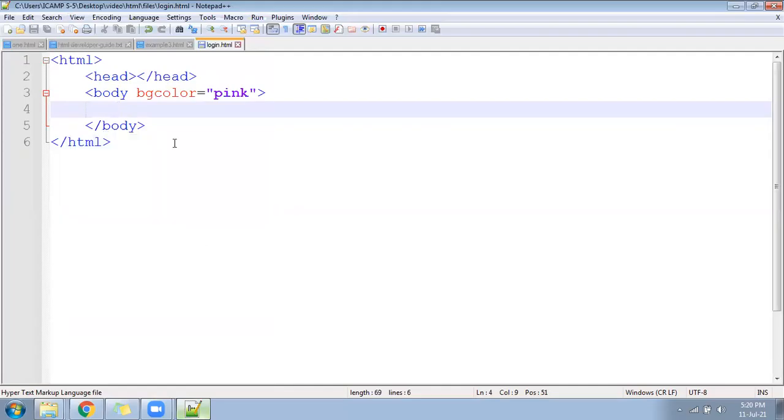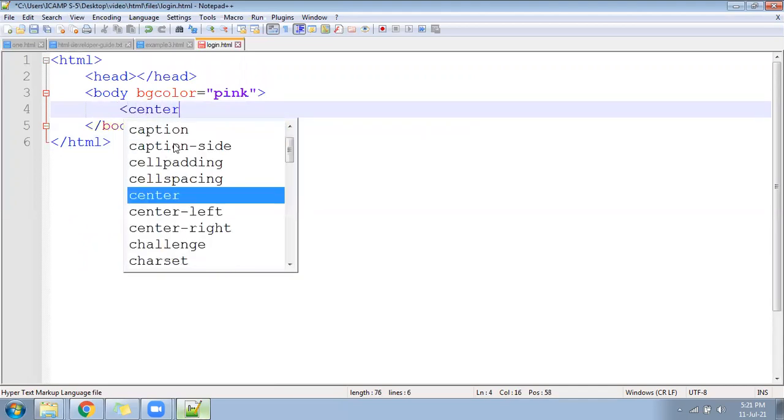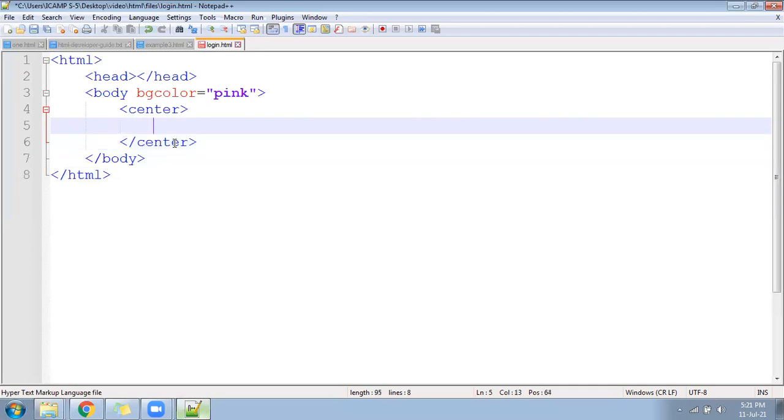Let me go here. Now I will follow one center tag. Why I will follow the center tag? Because we wanted to print all the content in the middle of the page. Okay, so center tag I follow, and inside I'll write here h1